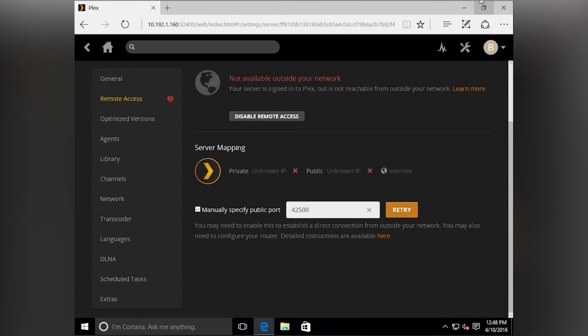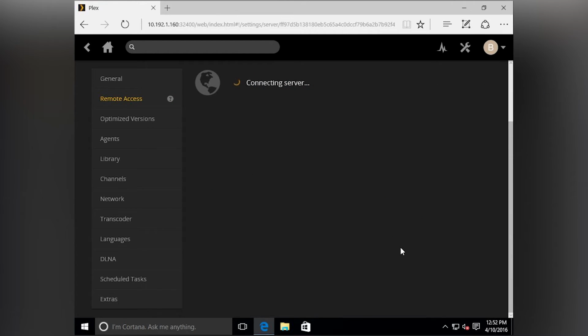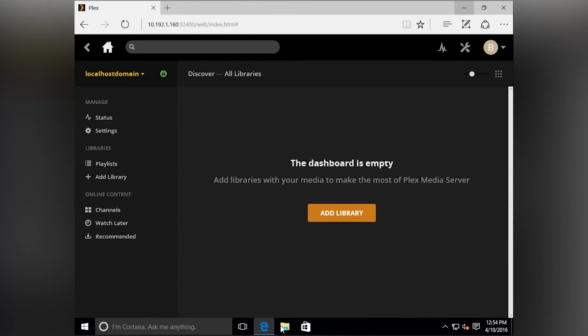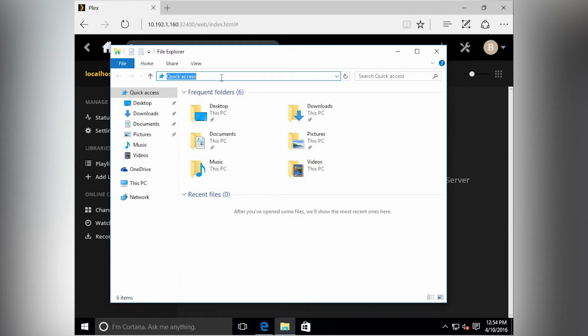Just make sure that the port that you forward is going to the correct IP address. Once your port forward is set up, retry the connection to the remote access and it should be successful. Now that we have remote access configured, we can go ahead and start setting up our actual media libraries